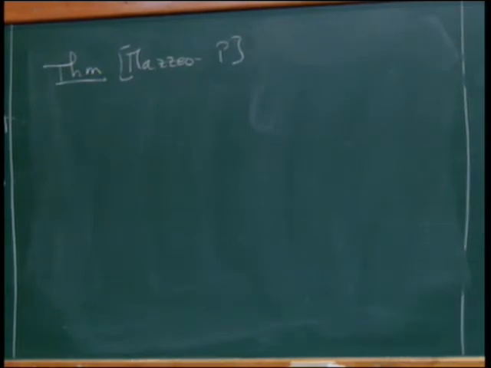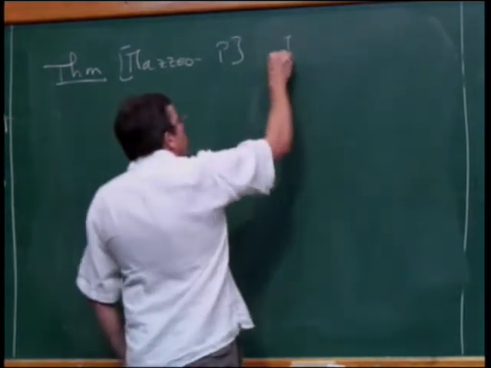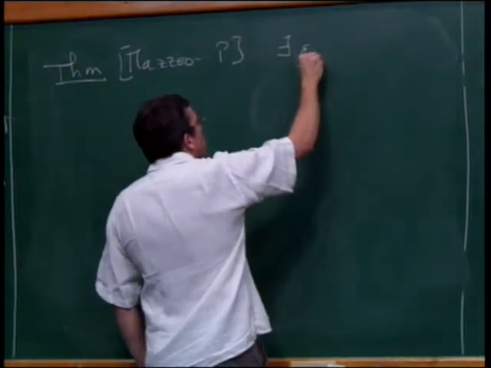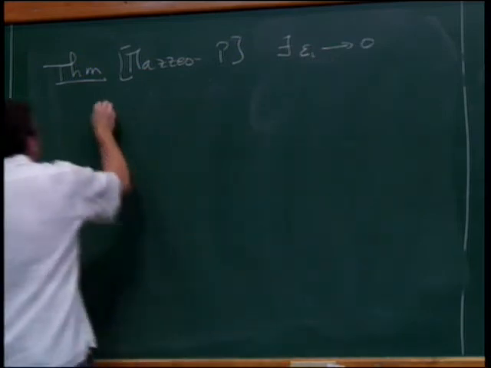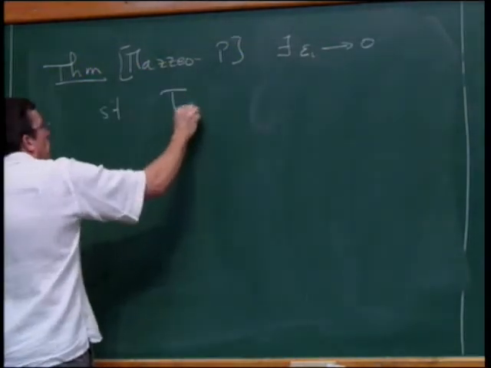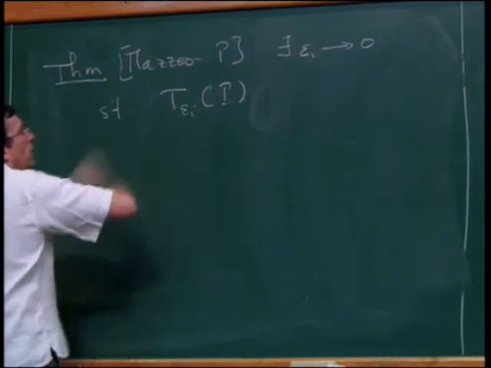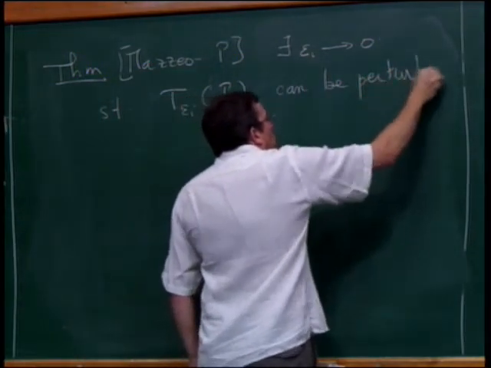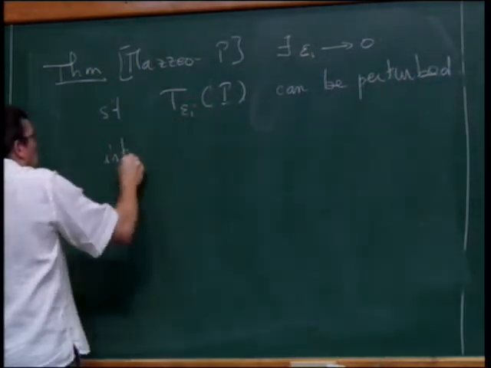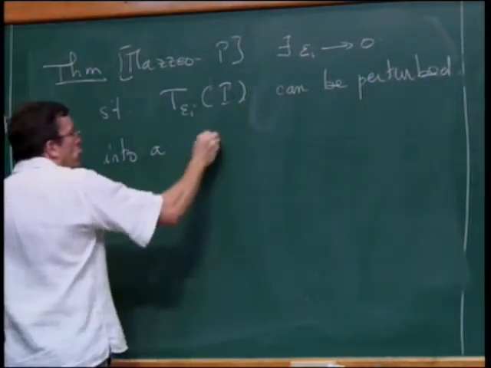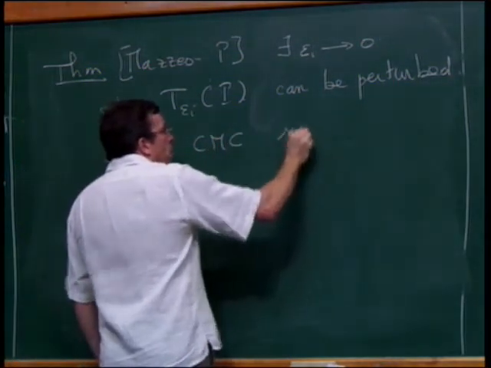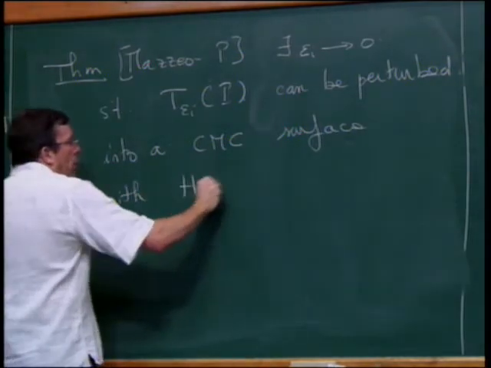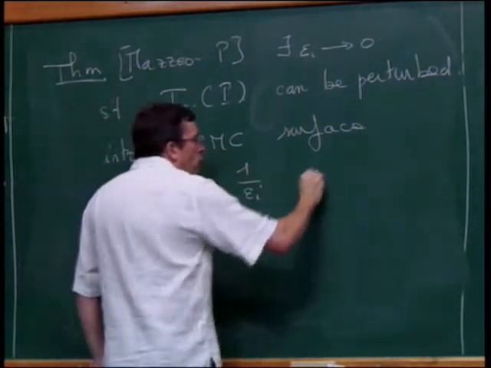The theorem says that there exists a sequence epsilon i tending to 0 such that the tube around gamma of size epsilon i can be perturbed into a constant mean curvature surface with mean curvature equal to 1 over epsilon i,